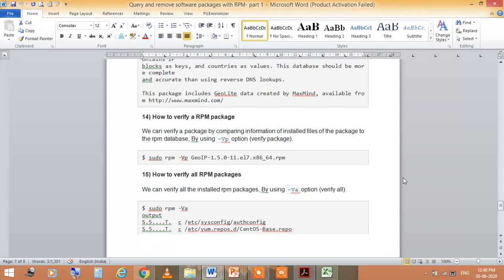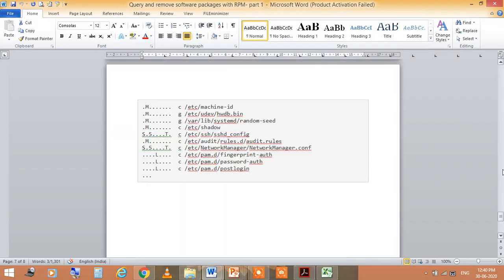We can verify a package by comparing information of installed files of the package to the RPM database, and by using the -Vp option you can verify these packages. Next is how to verify all RPM packages. We can verify all the installed RPM packages by using the -Va option, verify all. So you see here on this screen.